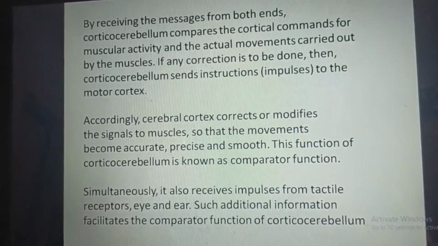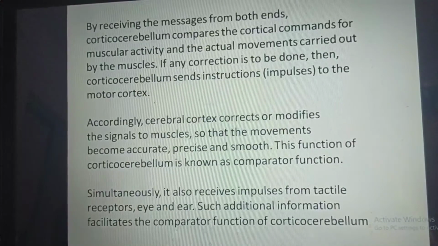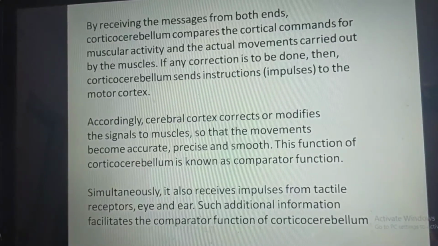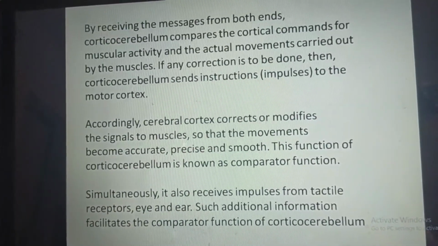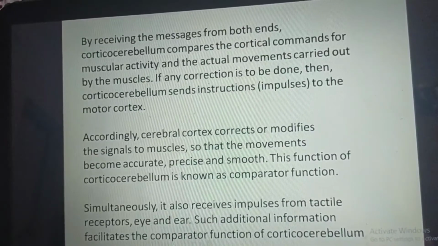Simultaneously, it also receives impulses from tactile receptors, eye, and ear. Such additional information facilitates the comparator function of the corticocerebellum. So this was about functions of